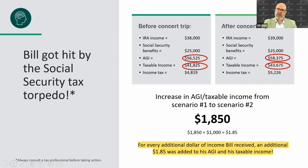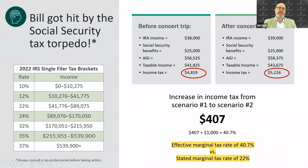at the federal level. On the other hand, if your income is high enough, up to 85% of your Social Security benefits can be taxable at whatever your personal rate is. So Bill finds himself in that latter scenario. His current income after the concert trip, for every dollar that he takes out of his IRA, he not only adds $1 of IRA money to his taxable income, but he must also add an additional 85 cents of taxable Social Security benefits. And if you add that up, that is